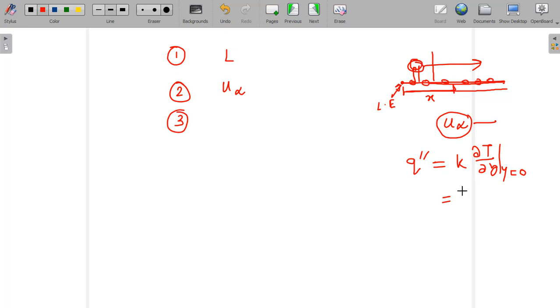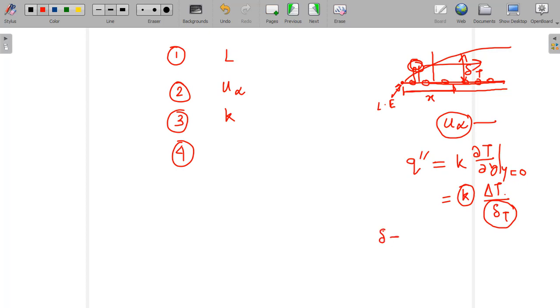So definitely it depends on the thermal conductivity of the fluid, definitely it depends on the temperature difference, and it also depends on delta T, because in the y direction, the order of magnitude is delta T, the thickness of the thermal boundary layer. So the thickness of the thermal boundary layer plays an important role, and it is clear that it depends on the thermal conductivity directly and on delta T, and this delta T depends on which